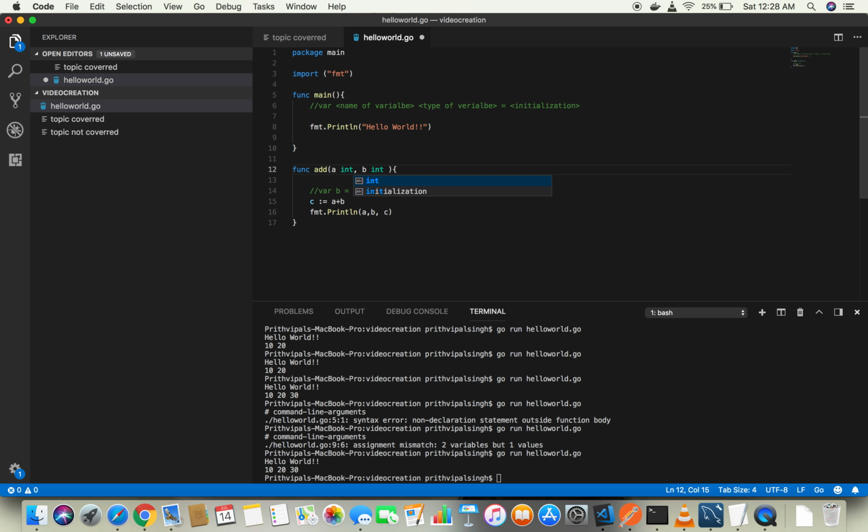So the function add takes two arguments, one is a and the second is b, and it adds the two values, assigns the result to c, and prints c